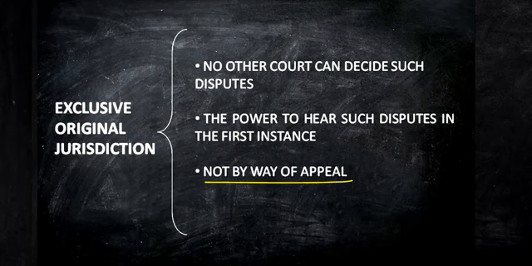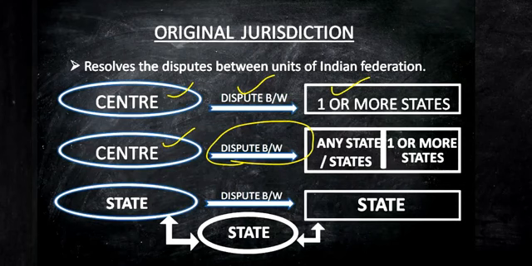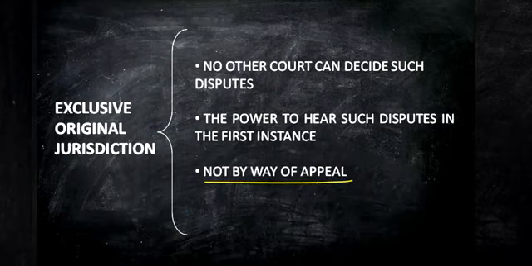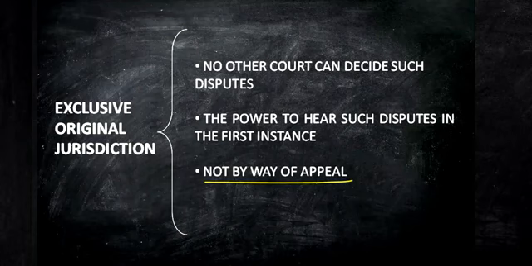As I have said, if these three disputes which I have explained arise between the center and the state governments, then that particular dispute will be brought to the Supreme Court in the first instance, and that case will not be taken either to the lower courts or the High Court. It will be taken directly to the Supreme Court. That means there is no place for appealing. There is no choice for appealing. So that particular dispute is resolved not by way of appeal.